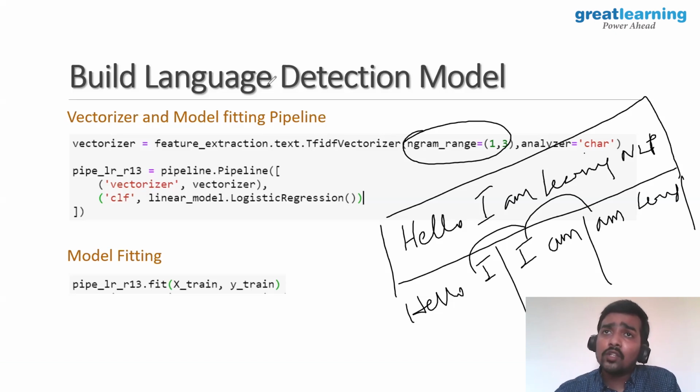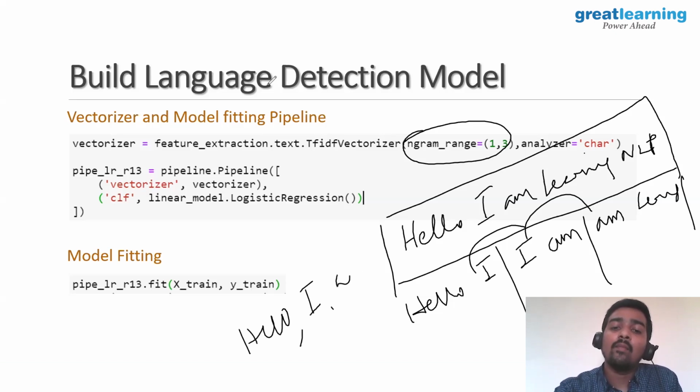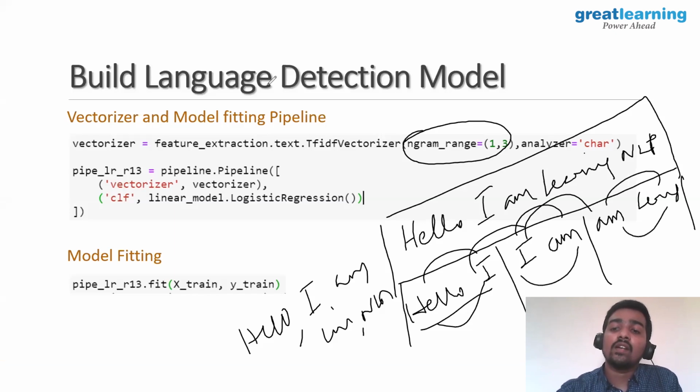Okay, if I want both unigrams and bigrams, then what should I do? I should have these earlier features as is, which is hello, I, am, learning, NLP, along with these bigram features, where the combination of two words have appeared in conjunction, right? And now there might be a case where even using two words, which is n-gram with the range of 2, might not be helping me to give some useful classification, or the model might not be able to do classification. Why? Because there might be some combination of words which is common in most of the languages. So to avoid this, we can go till 3 grams, which is trigrams.